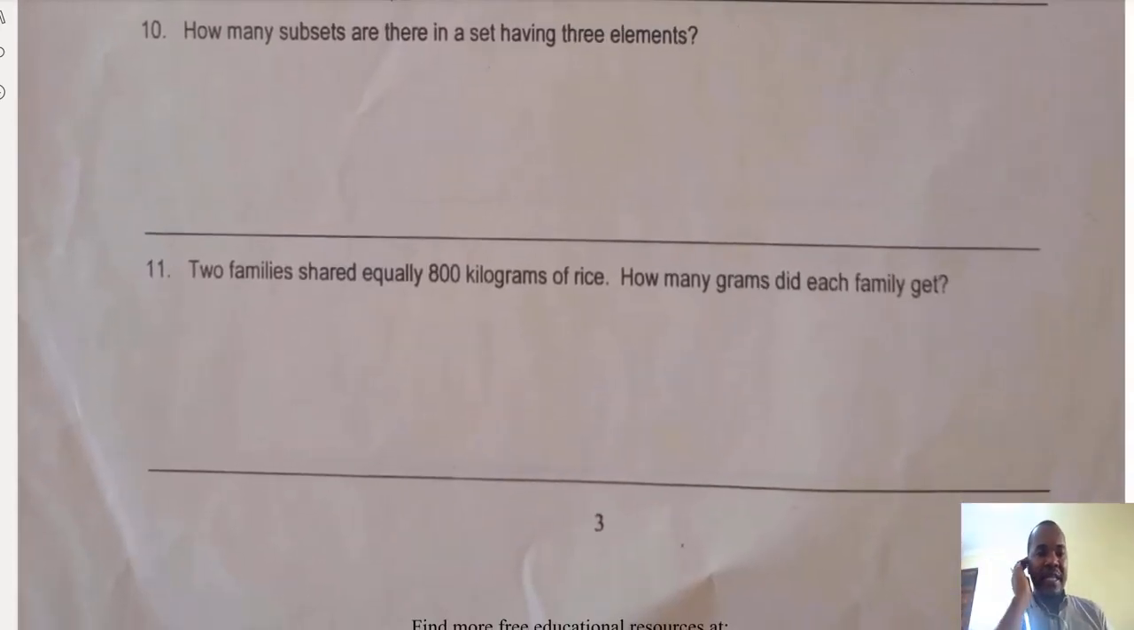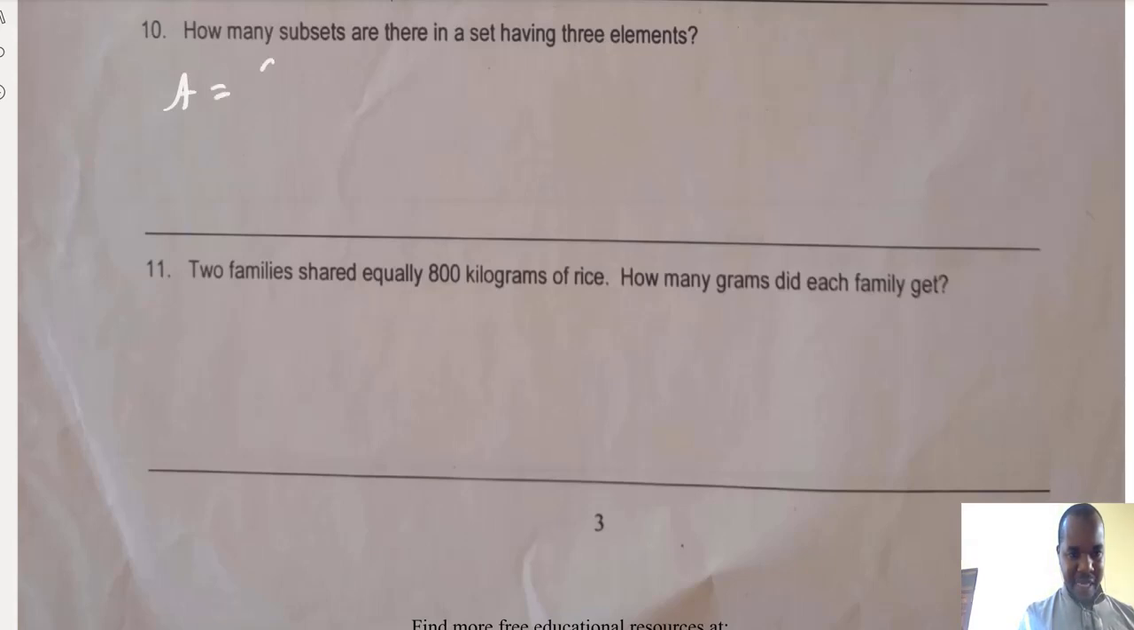Question number 10. How many subsets are there in a set having three elements? I think you know that I'm going to use a formula here, but for you to understand this formula, I'm going to give you a very simple case. For example, set A has set values 1, 2, 3. How many subsets? The possible subsets, of course,